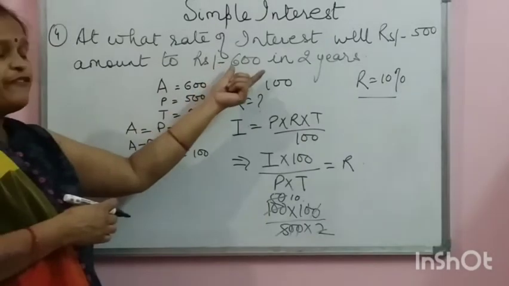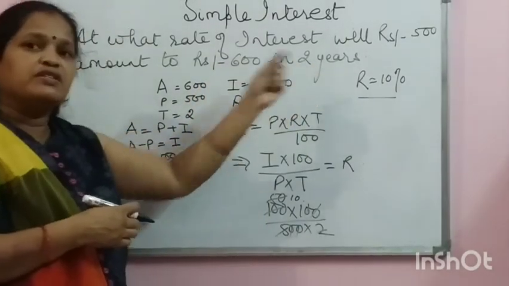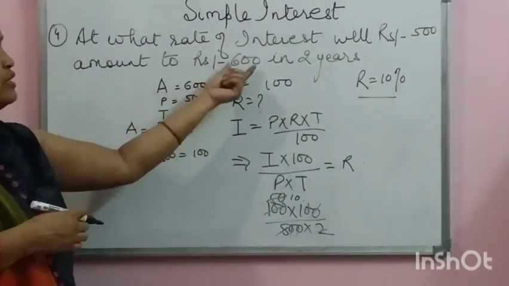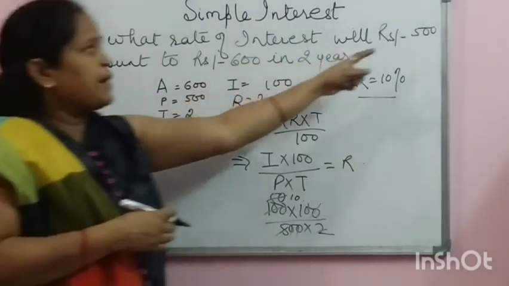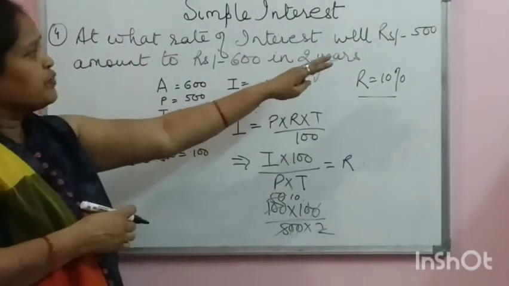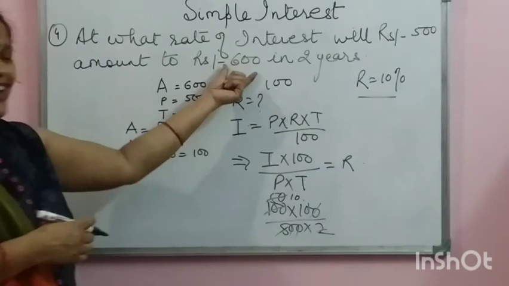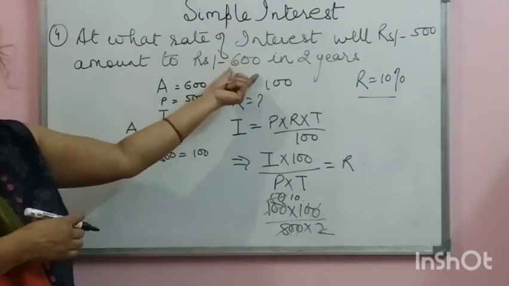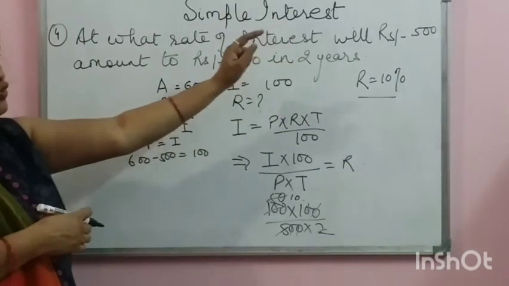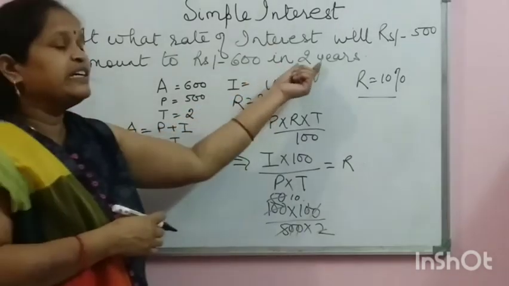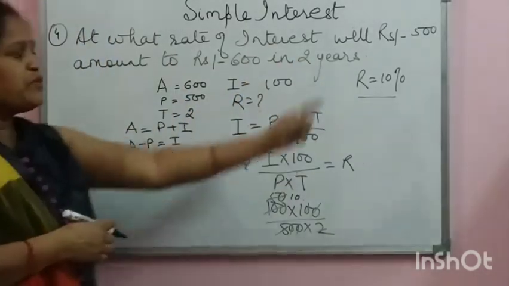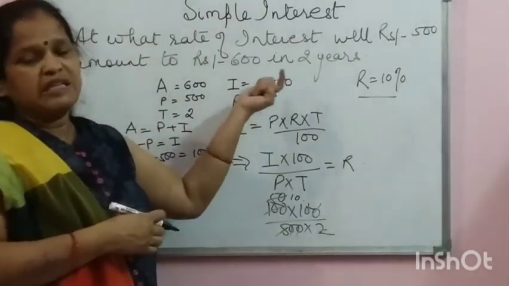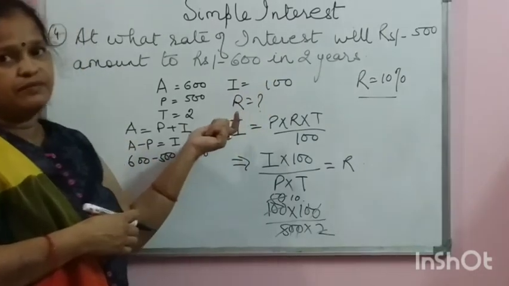to ₹575 in 3 years? If the question is like this, only the figure is changed. यहाँ पे 500 की जगह, सॉरी 500 को 5 और अमाउंट जो है 575 है, प्रिंसिपल जो है आपका P है और ईयर 3 years हो गया. The same process will apply and you can easily get the answer.